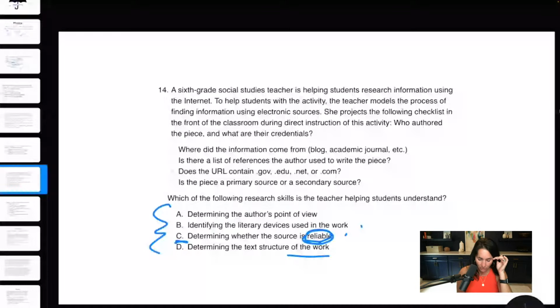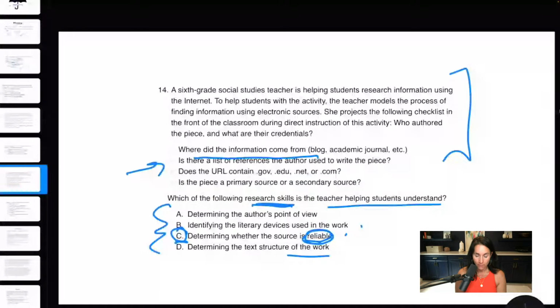Okay. Which of the following research skills is the teacher helping the student understand? Well, one of the biggest research skills here is determining if sources are reliable. So I don't even have to read all this up here. I can just go with this. Now, I do think you should read it just to check and make sure, but you can see, where did